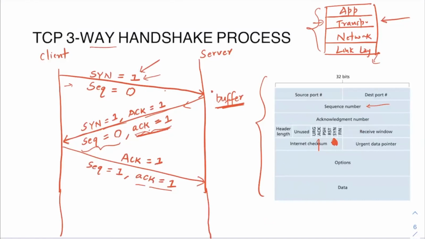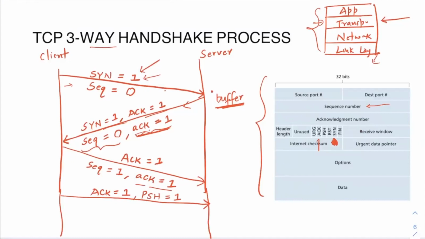So now let's say after the three-way handshake is done, the client wants to send some data to the server. Okay. So let's say it sends some data. For example, in this, the ACK flag will always be set to 1, because whenever you have an acknowledgement number, the ACK flag will be set to 1. And since it is sending data, you will have some more flags set. The Push flag will also be set to 1 when you are sending some data. Okay. And then you will have the sequence number.